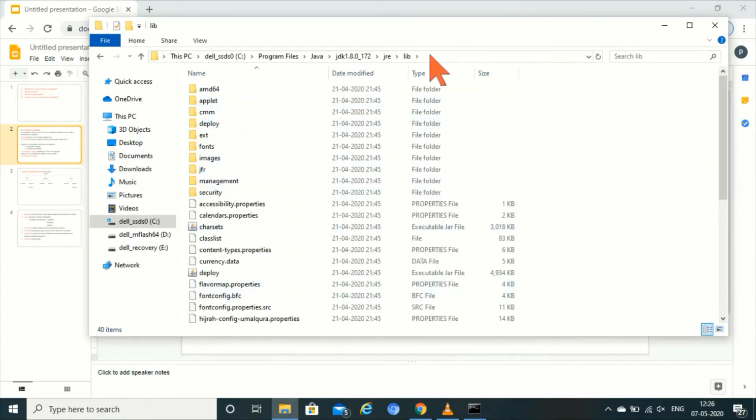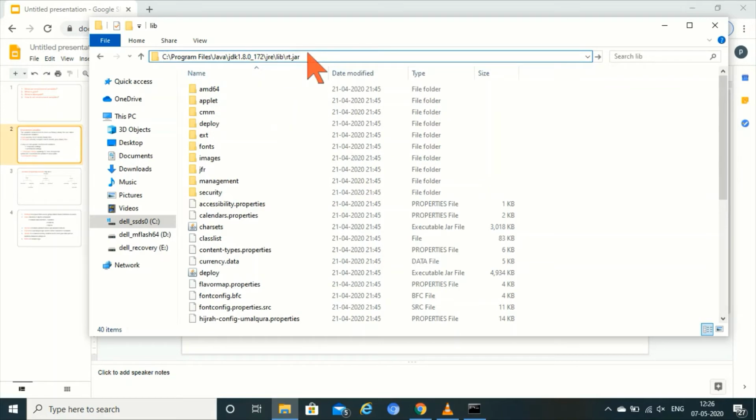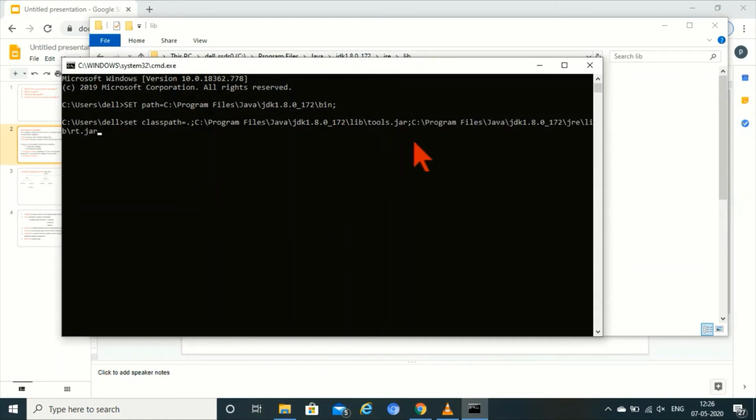Now we have to search for rt.jar. Copy this path and paste, and semicolon, enter.